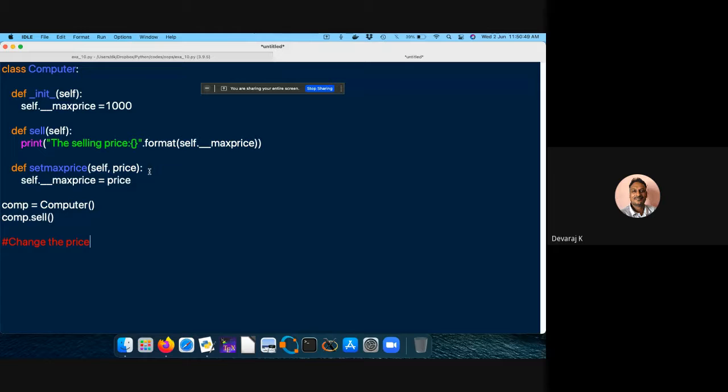So then I'm going to have the set max price. I'm going to call this comp dot underscore max price is equal to, maybe I'll fix it some 1500. So I have defined initially 1000. I want to change it to something else. Then I want to change it to say comp dot sell.